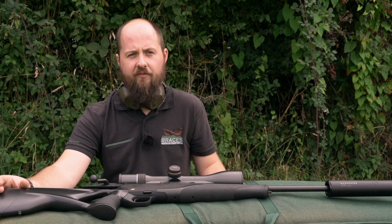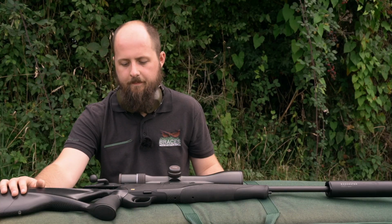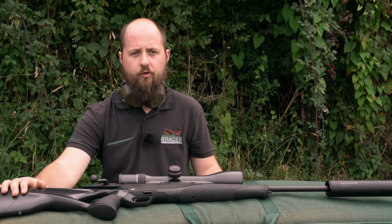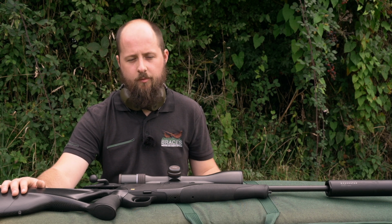Having a comfortable fit between yourself and your rifle is very similar to having a comfortable fit between yourself and your shotgun. You want the firearm to come up to bear quickly and effectively, especially if you're using the rifle for stalking or any kind of gamekeeping. In a target shooting sense, it will also help improve your accuracy and how comfortable the gun is to shoot